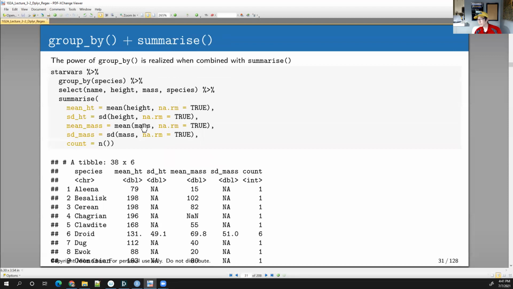And what I can do now is combine group by with summarize. And this is probably the most useful and powerful function in dplyr, the combination of group by and summarize. Okay, we're going to group by the species. We're going to select these columns, and then we're going to summarize. We're going to ask for the mean height, the standard deviation of height, the mean mass, and the standard deviation of the mass. And so what we have is we had one